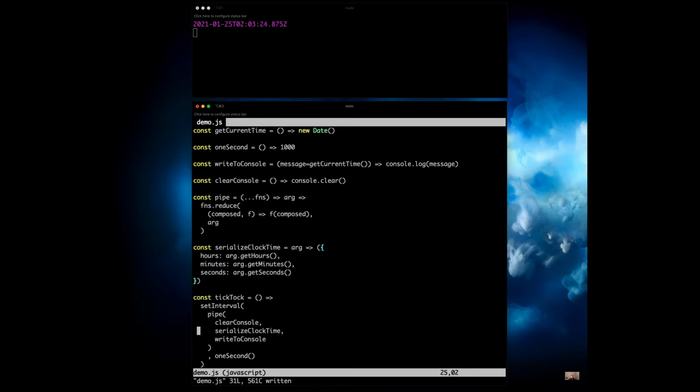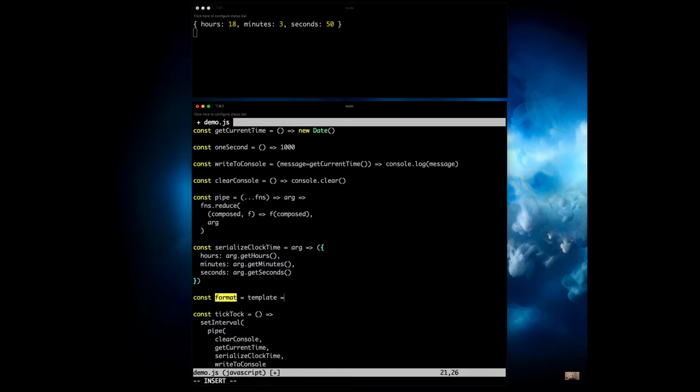And so when we put this into our pipeline, well, first of all, it needs to get that built-in JavaScript date to operate on, but then when we run it, we see that what we're writing to console is our object itself. So it doesn't look too much like a clock at the moment, but we're going to fix that with a